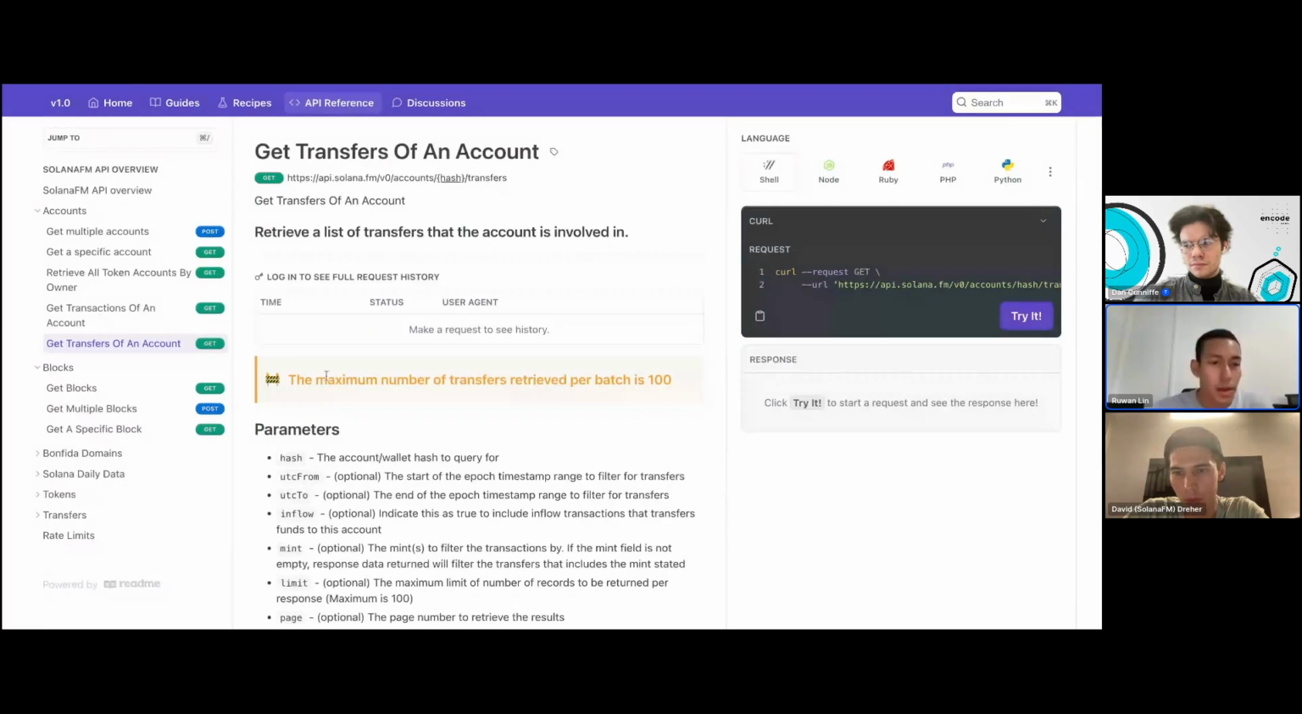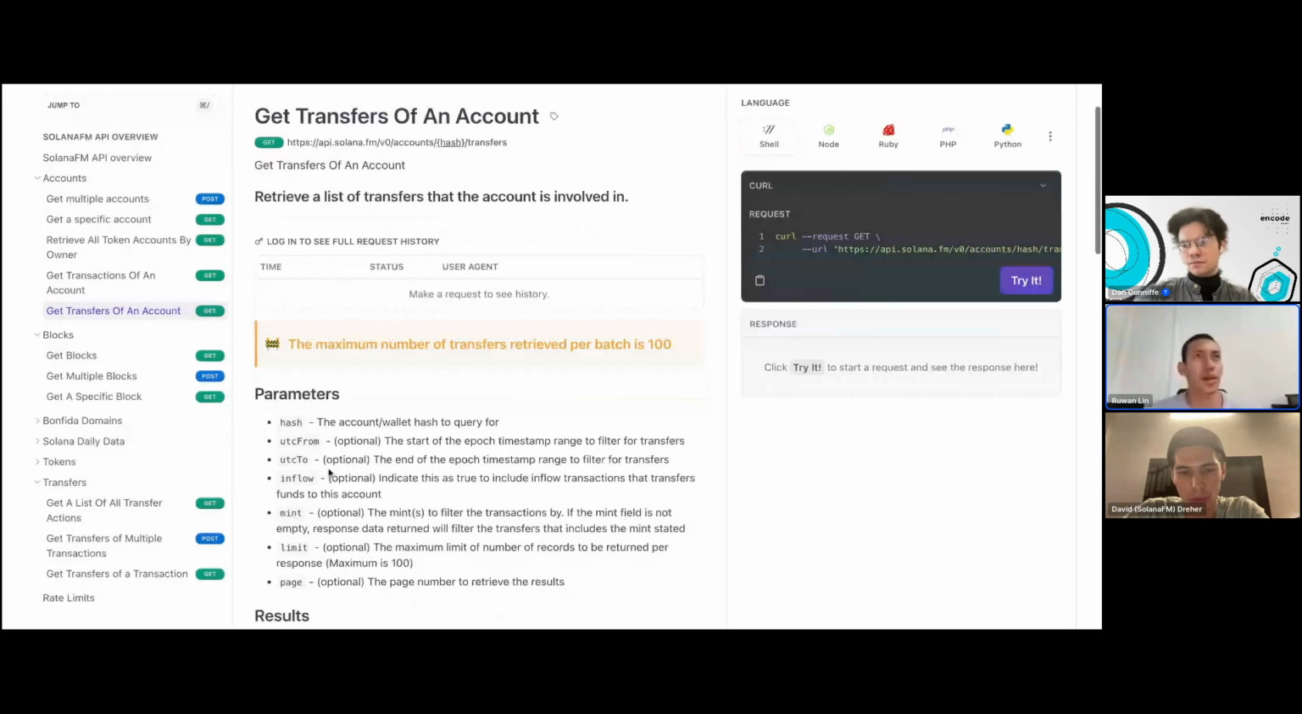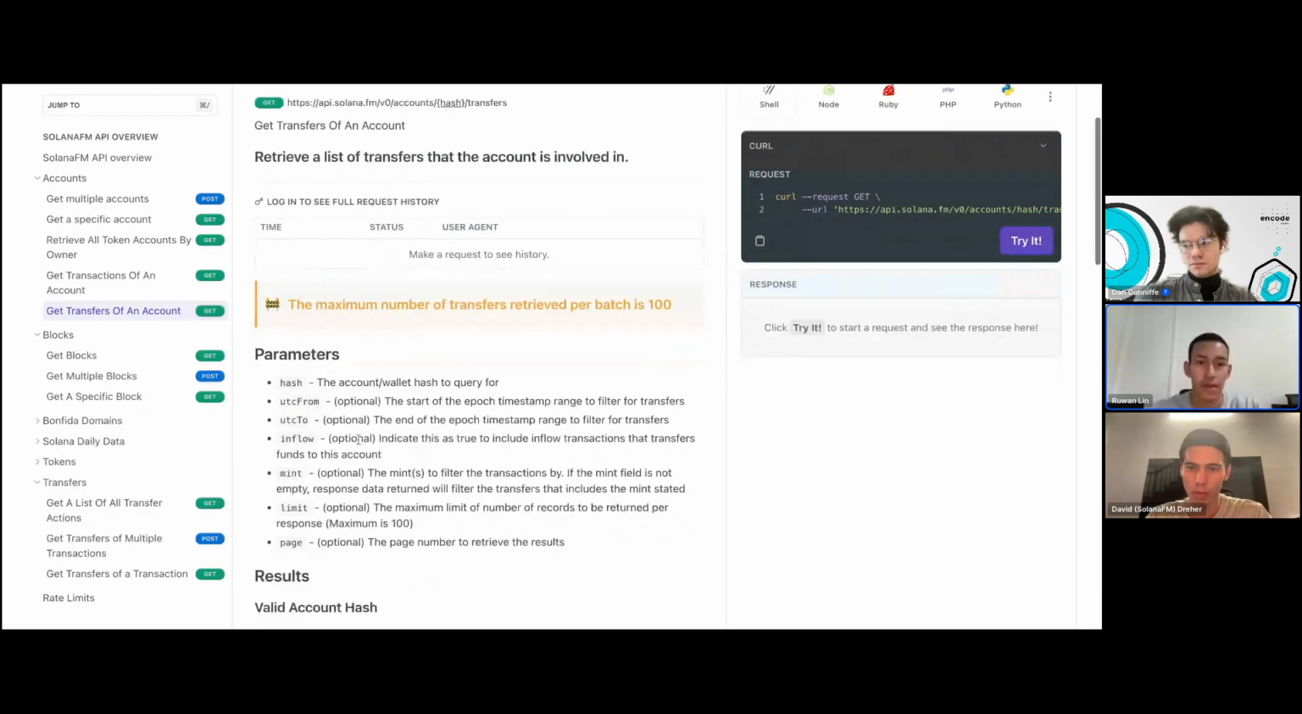So the thing that really stood out for the SFM team is the transfers and the transactions endpoint, because without having to paginate through all the instructions or the inner instructions within a transaction, we already abstracted all of that nesting for you and just provide you with a flattened list of transfers. So let me do a quick demo of the data structure that is returned